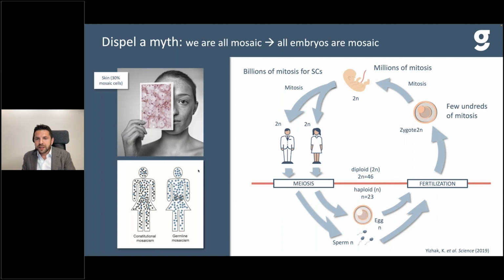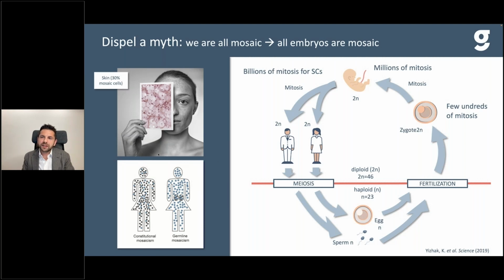Another myth that we often hear in meetings and congresses is that since we are accumulating evidence that in the adult stage we are all mosaics, all pre-implantation embryos should also be mosaic. This is absolutely not based on any evidence. We know that, of course, the more we grow and age, the more our cells become different. In general, the incidence of mosaicism is directly linked to the number of mitoses that we have had in our life cycles.